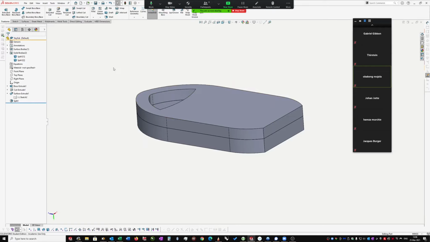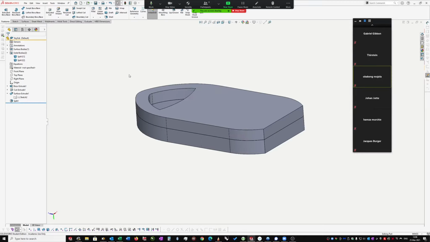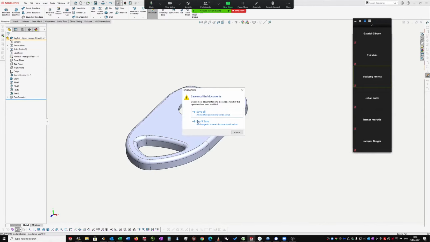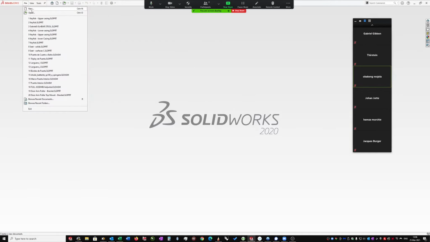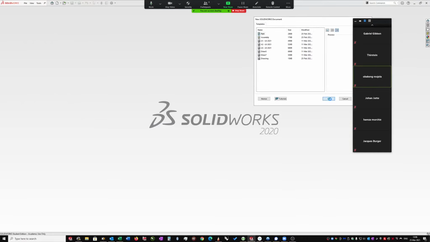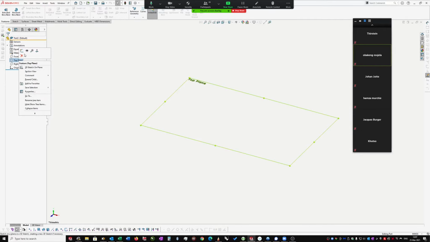Okay, so I'm actually going to delete. No, let's just start a new one, giving you a preview of what we're doing, because I was practicing before we started, because that's always a good idea. Okay, so new part. This is called multi-body parts because in the part environment you can actually have lots of bodies, and you can use a part file as an assembly file, and quite often people do use this. We're not going to do that exactly today, but I'm going to start a new sketch on the top